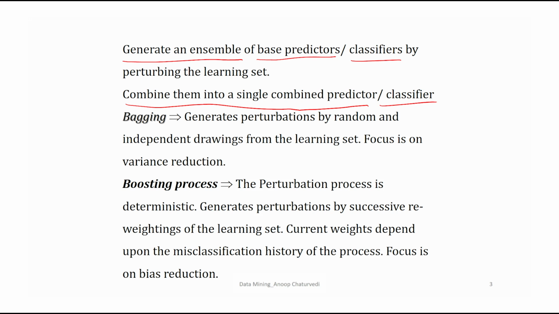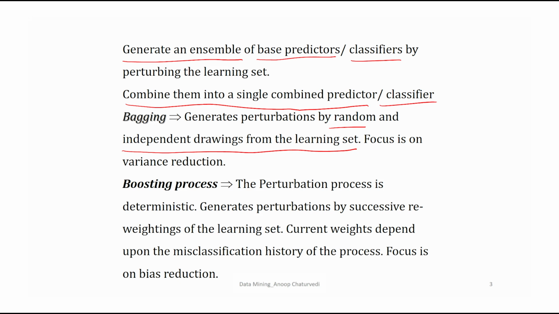Now, the basic difference between bagging and boosting is in the process of generating perturbations. In bagging, we generate perturbations by random and independent drawings from the learning set, and then our focus is on variance reduction. Whereas in the boosting process, the perturbation process is deterministic.